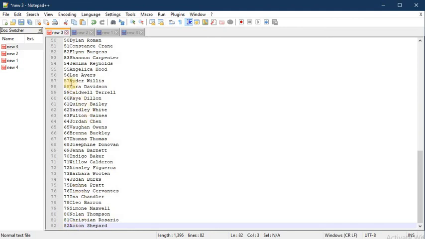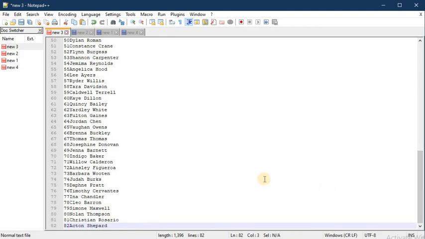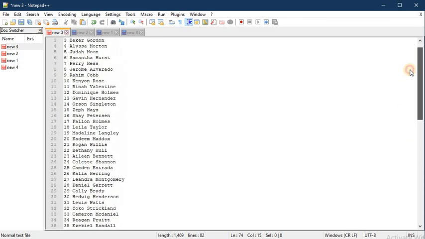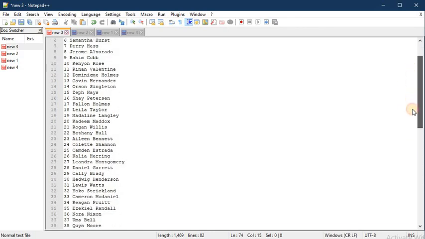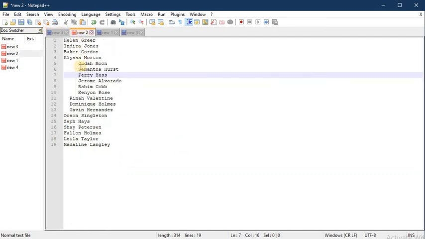In this way you can select multiple rows through vertical selection. Now if I press space, it will enter a space in all the rows. So if we have to do the same task in multiple rows at the same position, it is very helpful to use vertical selection.